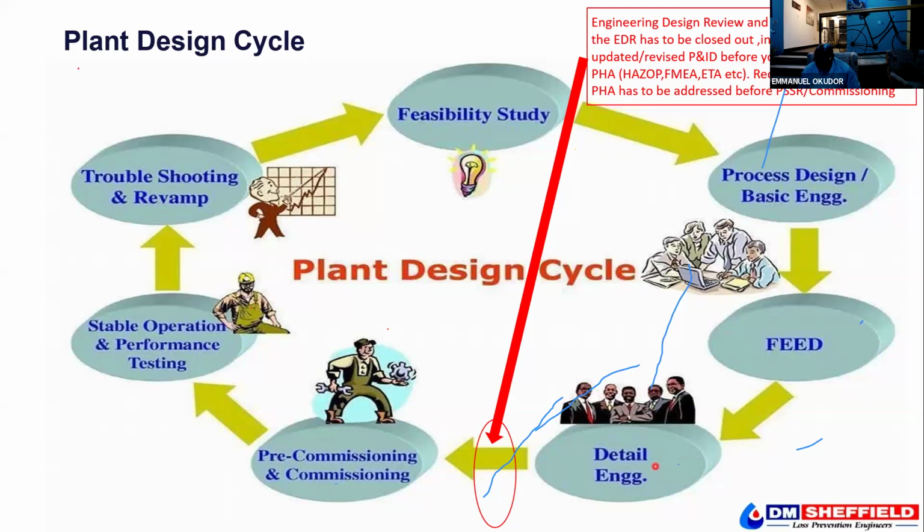If there are critical recommendations that are known, for example, you are not expected to commission a plant whose fire and gas systems are not ready, right? So these are known. Every company has their own punch list. From there, it takes some time before it gets stable. So the critical point I want to make here is: